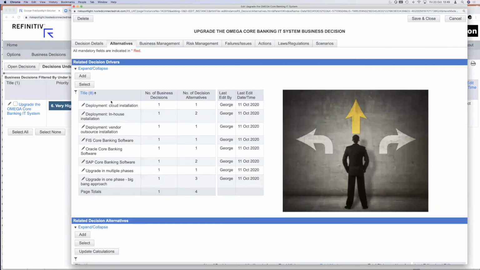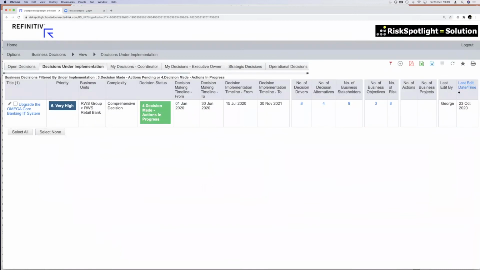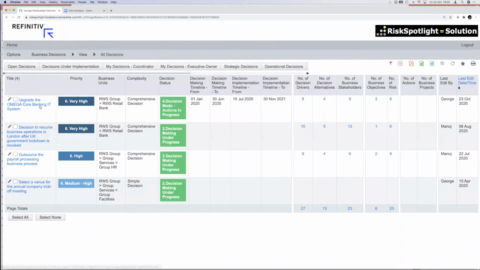So we've taken all the best practices from decision science and decision analysis and created that structured process, so that if you follow this process, then you're following the best practices, and as part of that, your risk management thinking is also integrated, and then it gives you a repository of all the big decisions which are being made in different parts of the organization. So then everybody has visibility on what are those significant decisions we are currently making or we have made in the last 6 months, and how are they turning out? Are they turning out to be how we expected in terms of the operational risk profile, or are they turning out to be very different?